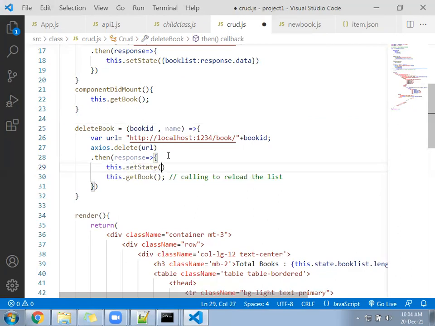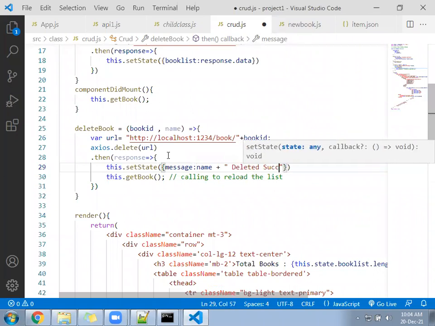Under the set state we can write message colon name plus deleted successfully.